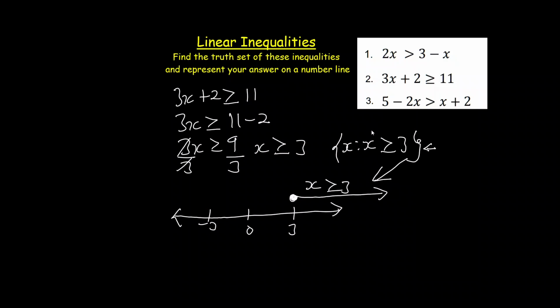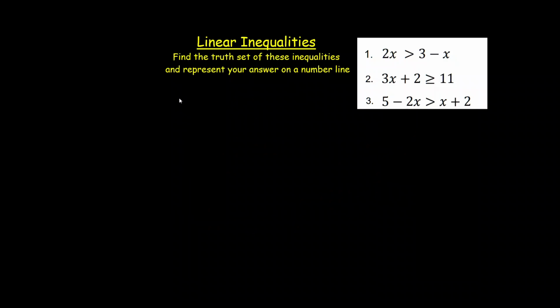Now let's solve our very last question. The last question we have here is 5 minus 2x greater than x plus 2. Now what you have to do is group like terms. The negative 2x and the x here are like terms, and also the 5 and 2 are like terms. So negative 2x here. Now I'm going to send the x here, so it's going to become negative x, greater than 2,